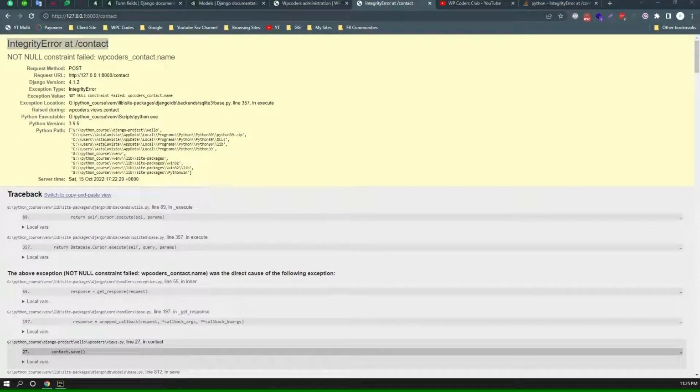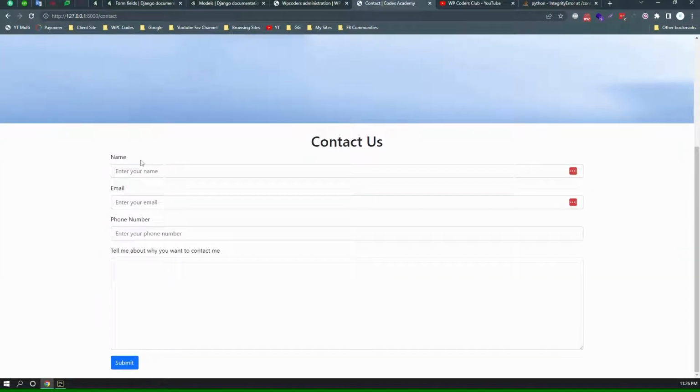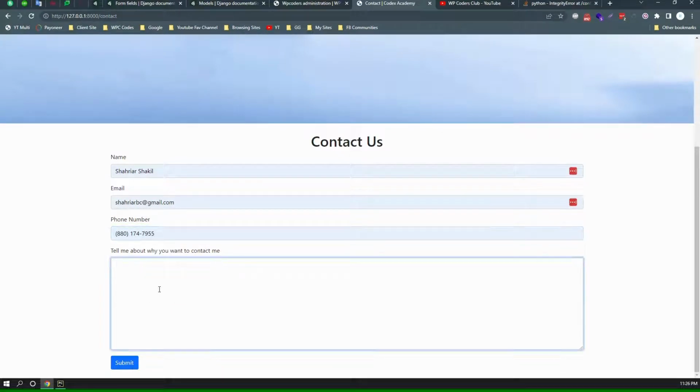Hello everyone, today I will show you how to fix Django integrity error or not null constraint failed. As you can see, there is an error on my website. If I refresh my page, then there is no error, but whenever I try to submit a form, if I click on submit, then you see that this kind of error showing on my website,